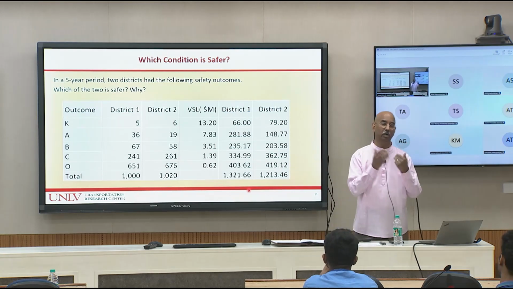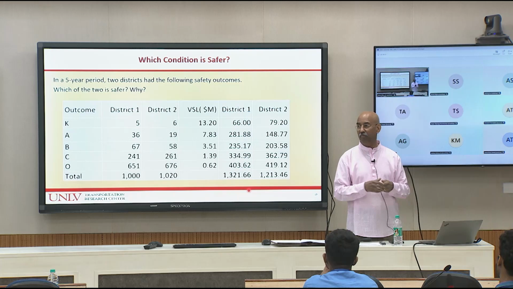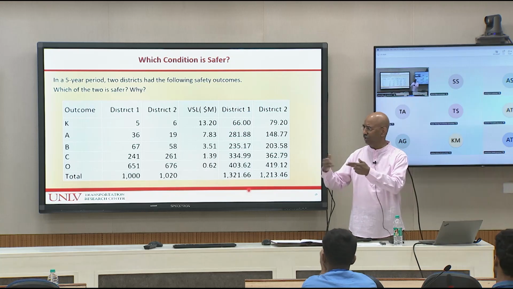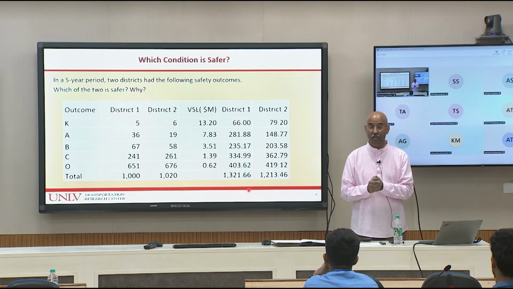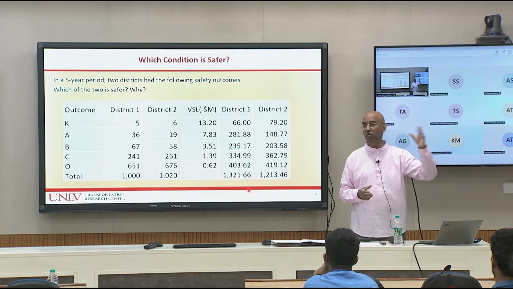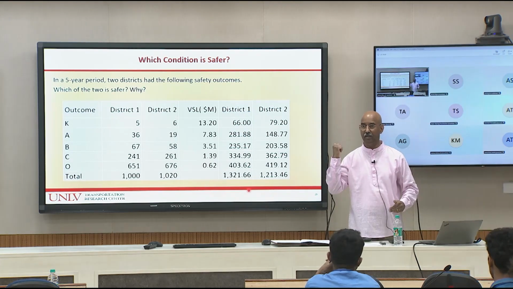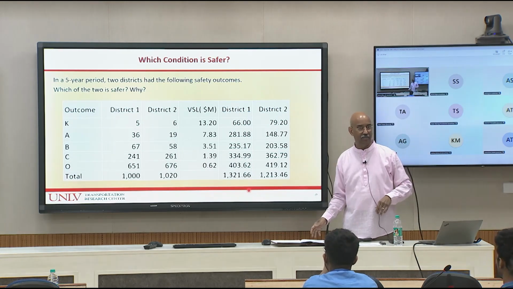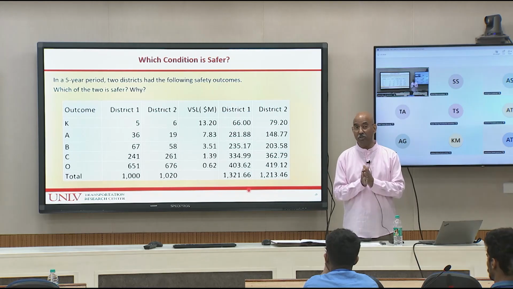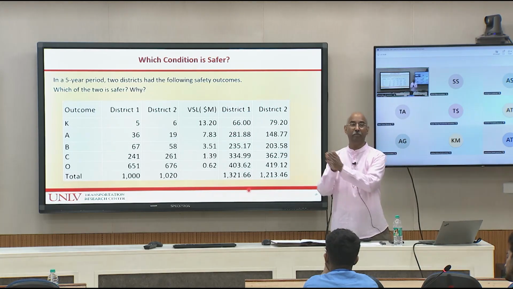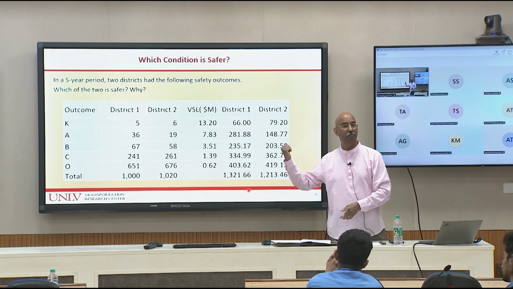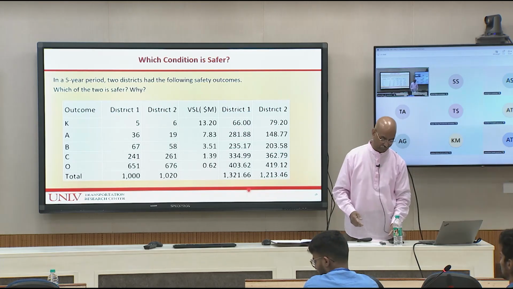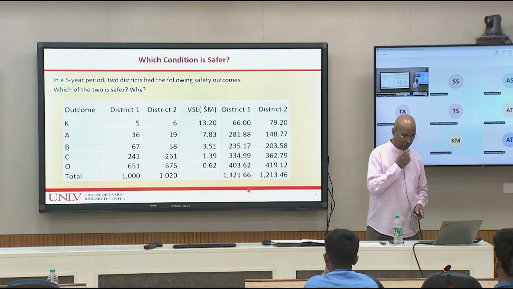So it depends on what your objective is, and many times when we look at submitting grant applications or proposals for funding, you have to look at what the objective is. If they say we want to reduce fatalities, then focus on K. If they say we want to improve safety overall, then you use KABCO. They may also be more specific, that we want to improve safety for pedestrians and bicyclists, then the numbers you use would correspond to the pedestrian and bicycle crashes. Any questions on this approach?